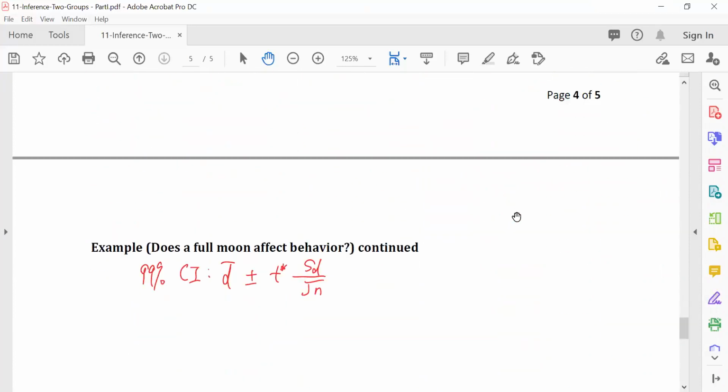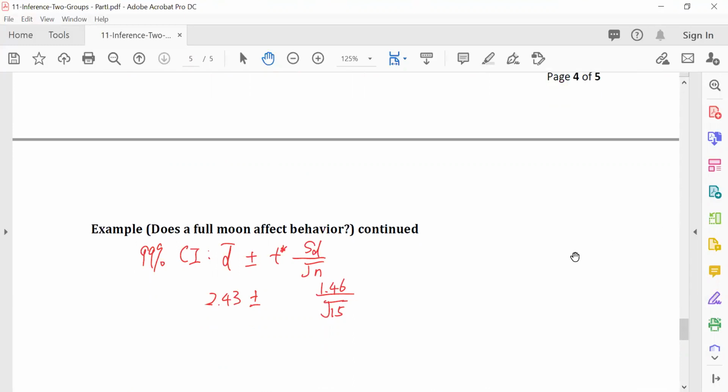D bar is 2.43 plus or minus t, let's leave it here, 1.46 is the sd, divided by square root of 15. This t value,